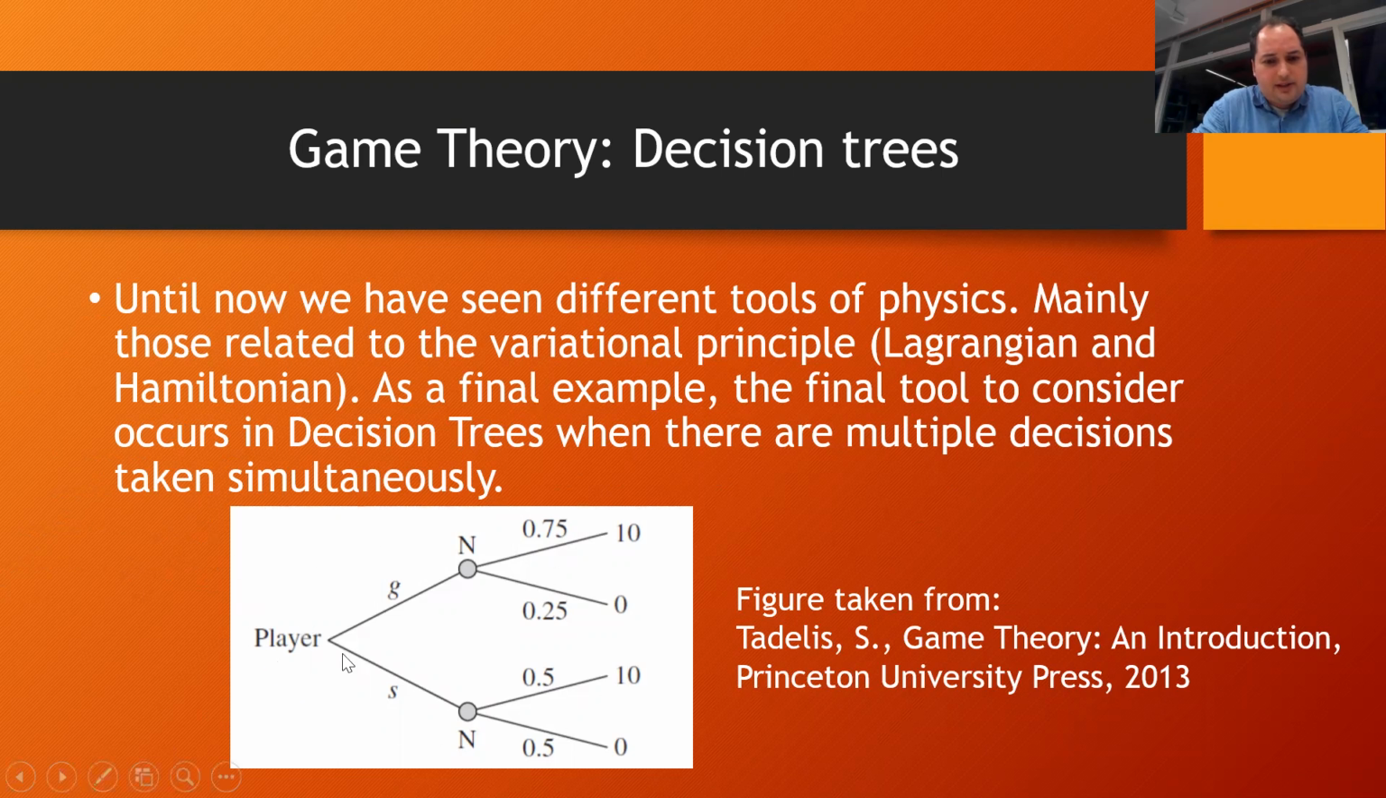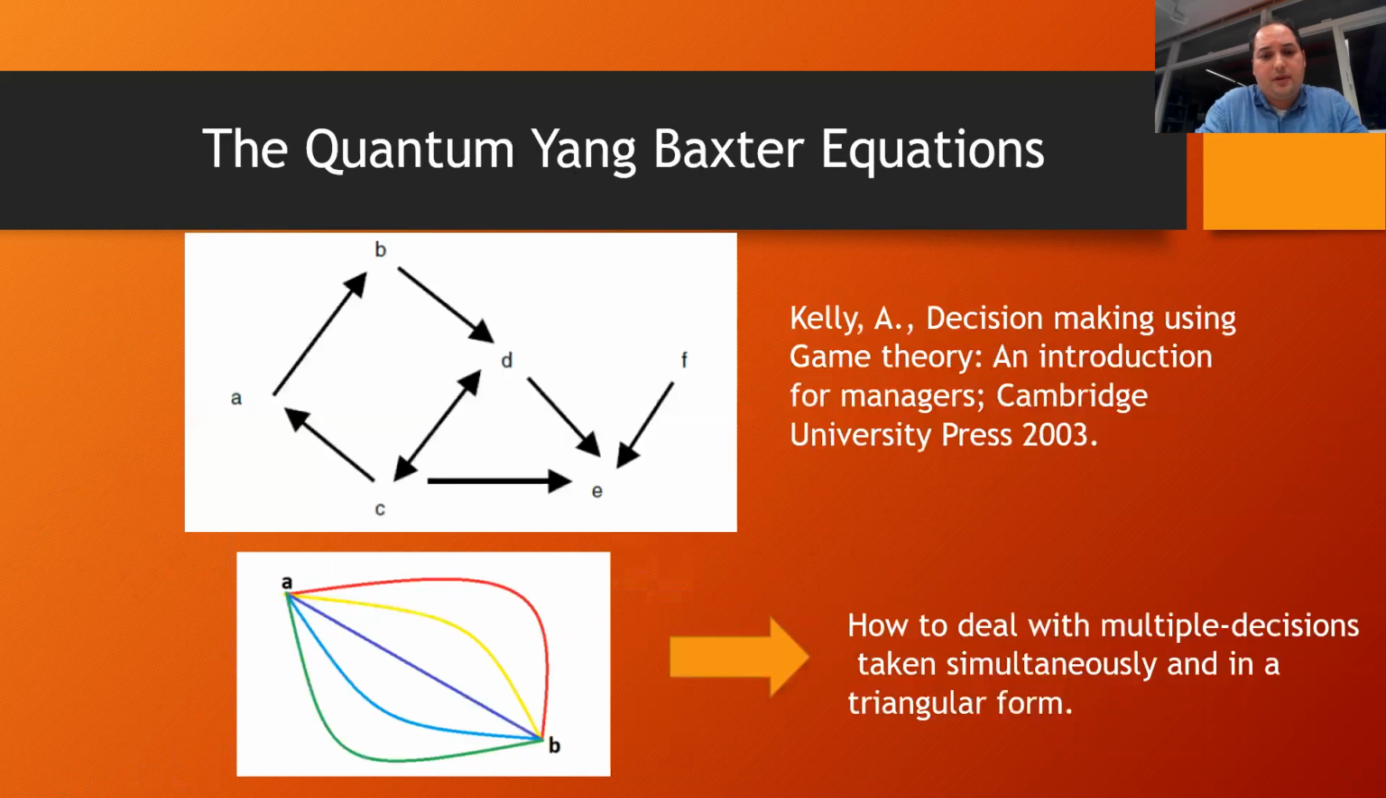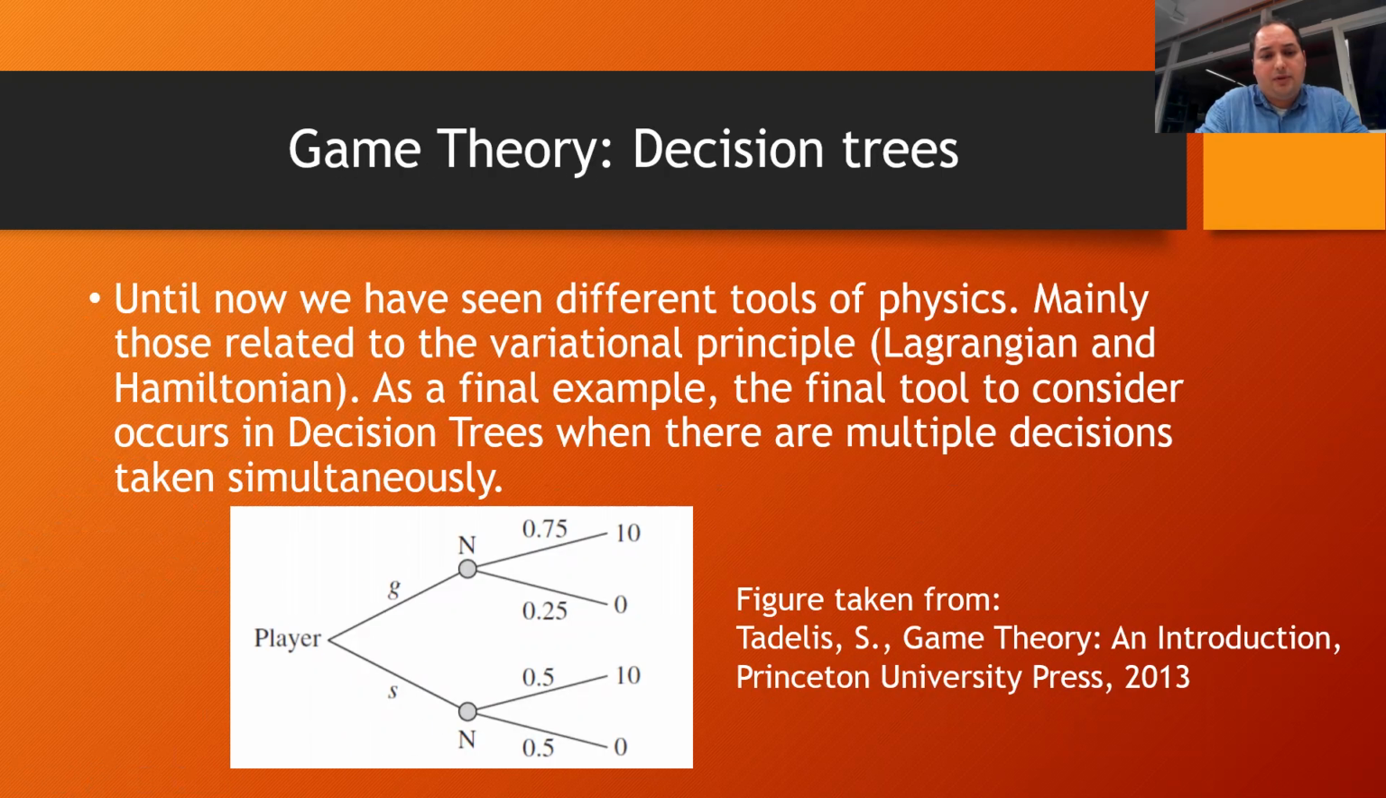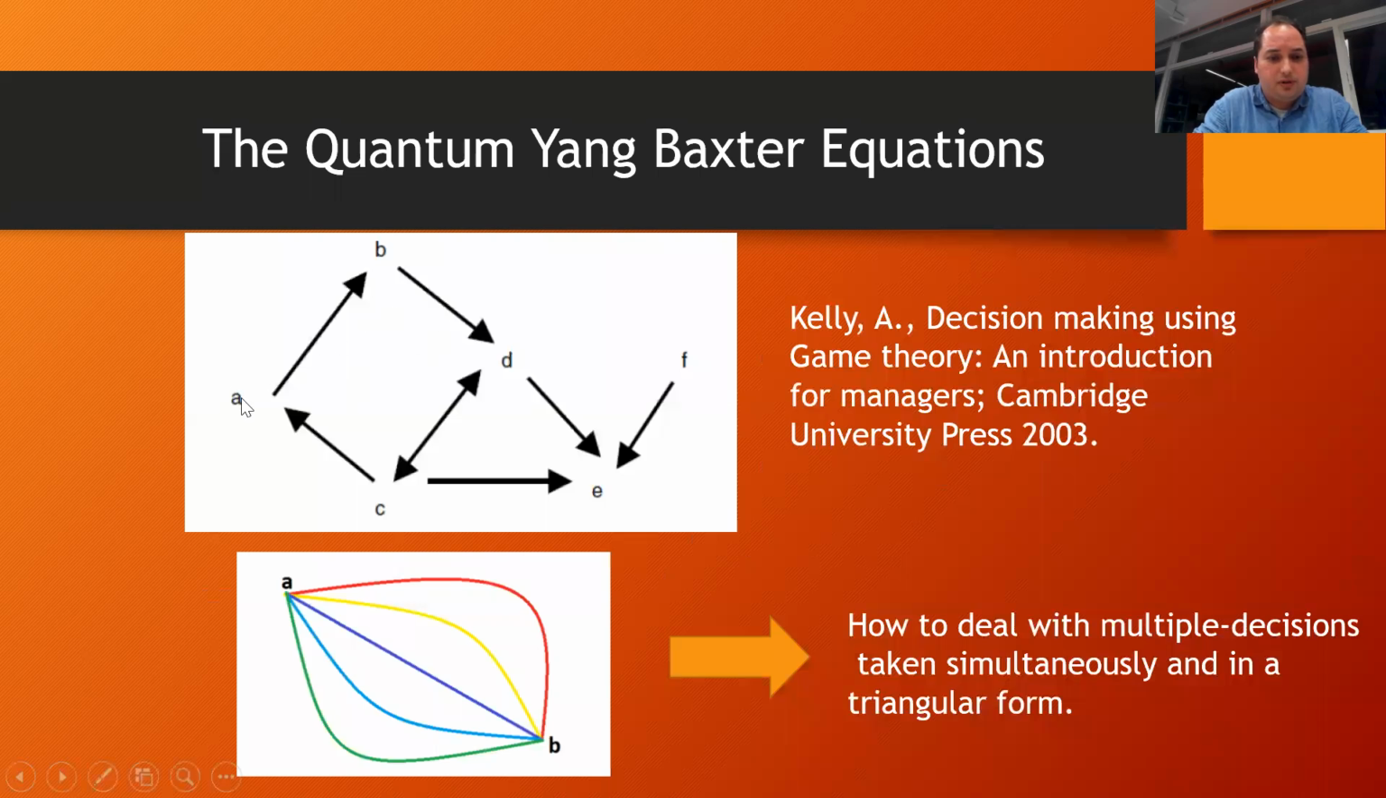In this scenario, there are other tools different to the Lagrangian and Hamiltonian that can be used. And that's another paper which is in process. For example, when you have nodes, for example, A, B, D, Z,